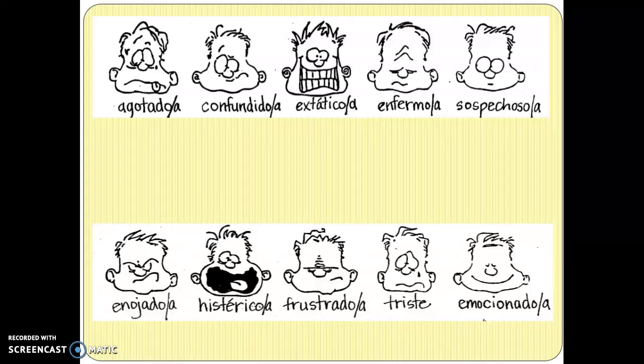So if you're describing a boy that is feeling this way, you would use the O. If it's a girl that's feeling this way, you use the A. If it's plural boys, you have the OS. If it's plural girls, it's AS. Now, not all of them end in O/A. There are a few, like triste, that stay on this slide, that end in an E. So the only change you can do to triste is add an S to make it plural. So there's no masculine and feminine, just singular and plural.